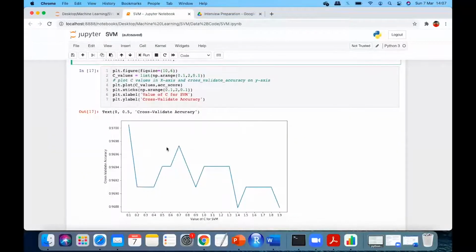So here, the value that we have to take is 0.1. Let's say we took 0.1. If you want to further drill down to the exact level of C, you can make it shorter. Yes or no? You can just reduce the start point, the step size and all, and you will get to know. Okay, this is how we get to know the hyperparameter C.